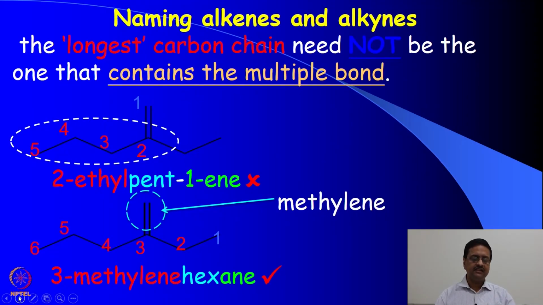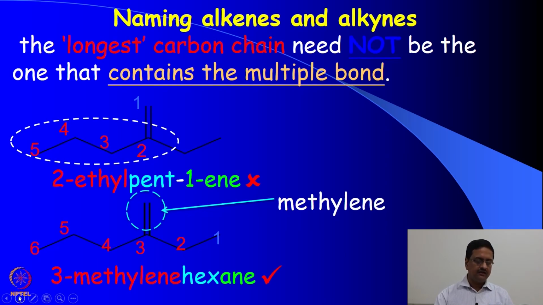So, we will first see what happens when you have different types of alkenes and alkynes connected together. The first point that again and again we should remember is that we need to find out the longest carbon chain, and that longest carbon chain need not be the one which has the multiple bond. So, for example, in this particular case,